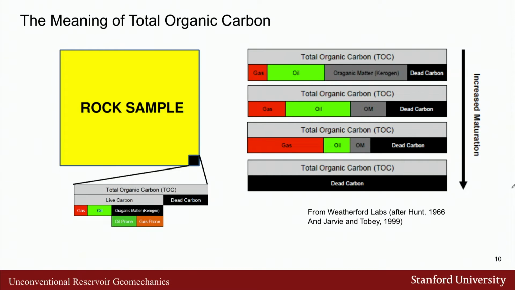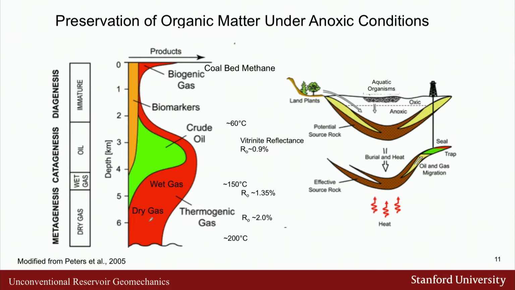Initially, and then the ratio of gas to oil increases, and finally you can over mature an organic bearing source rock and just result in dead carbon, in which all the volatiles have been converted and burned up basically, and are no longer available for production. This slide from Peters et al. summarizes all of this